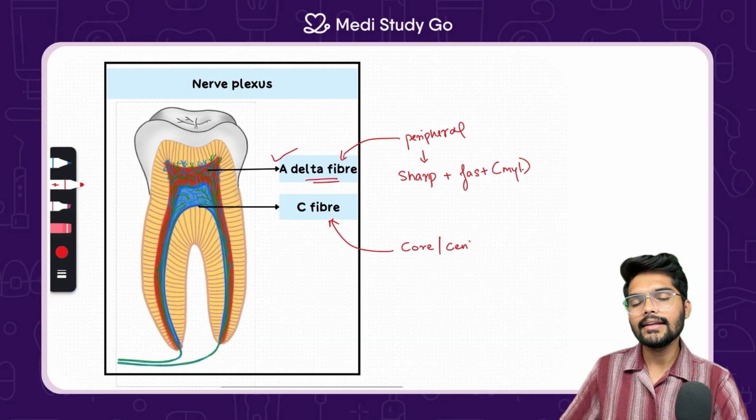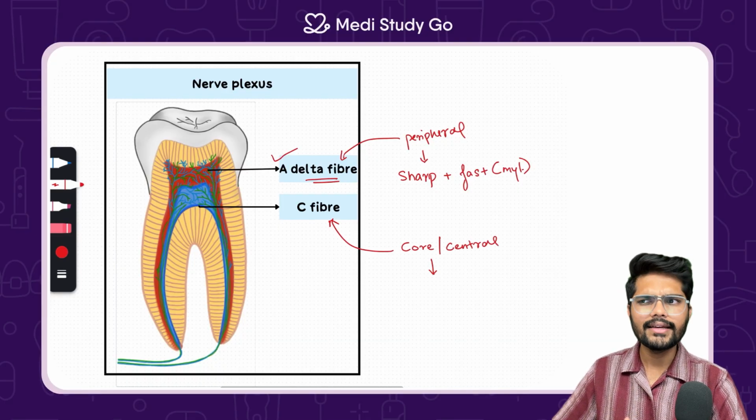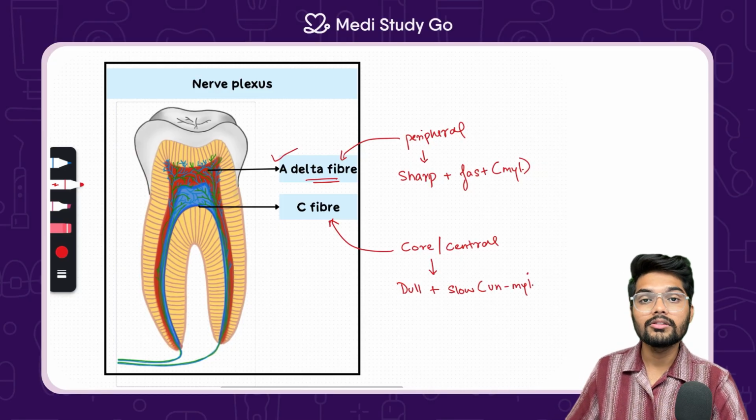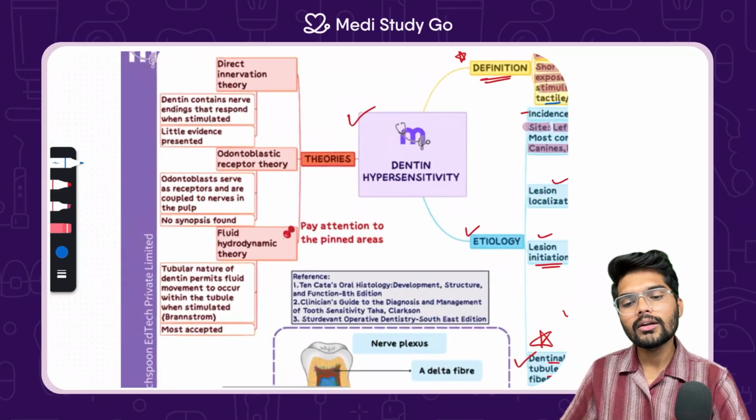They are going to carry dull, slow, aching pain, like the irreversible pulp damage, and this slow nature is all because these fibers are not going to be myelinated. Moving on ahead, we have